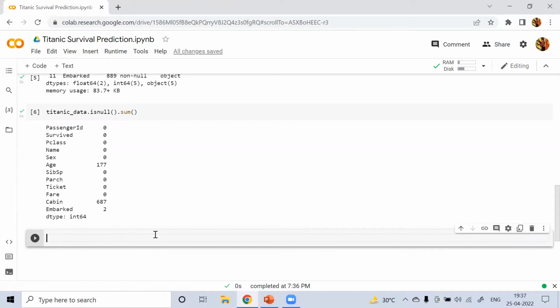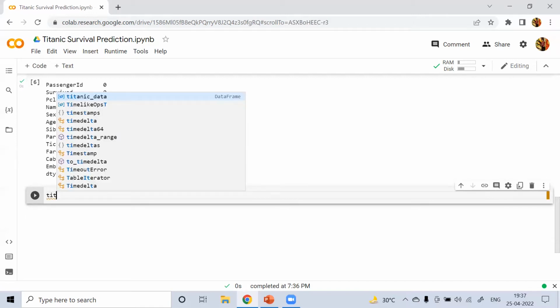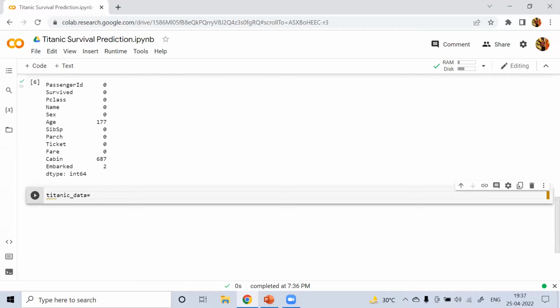The majority of the Cabin column is missing, so we will drop that column. Let's drop the Cabin column from our Titanic dataset: dot drop, columns equal to Cabin, and axis is 1.